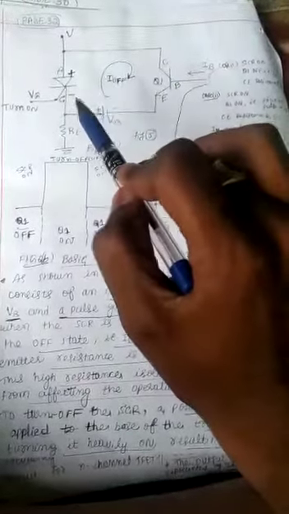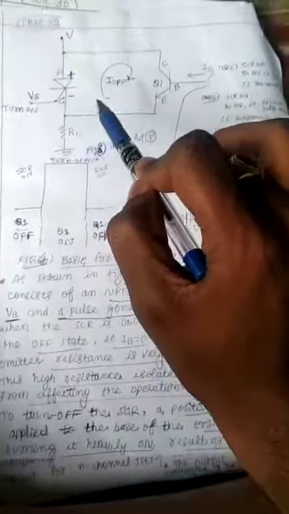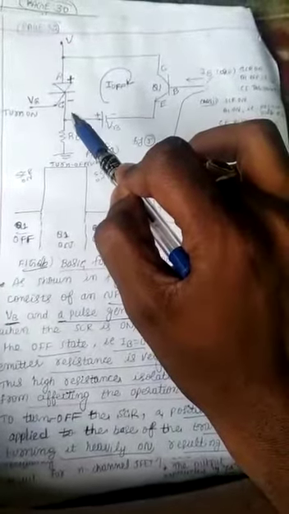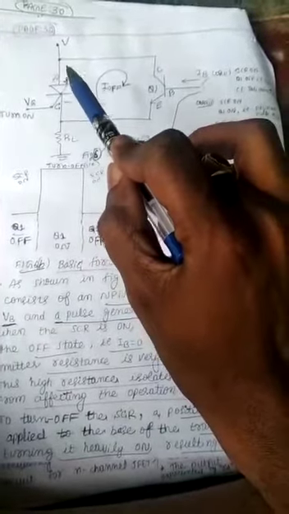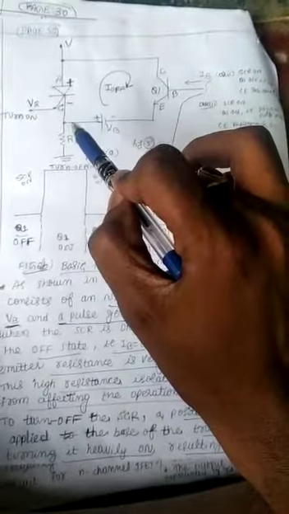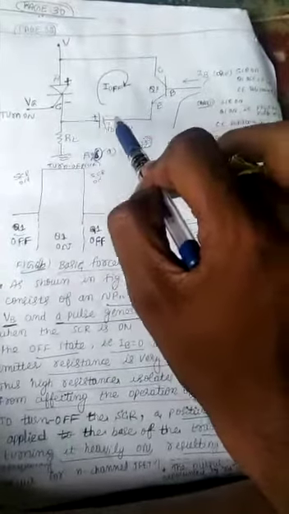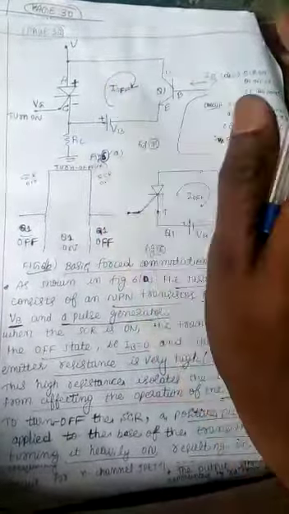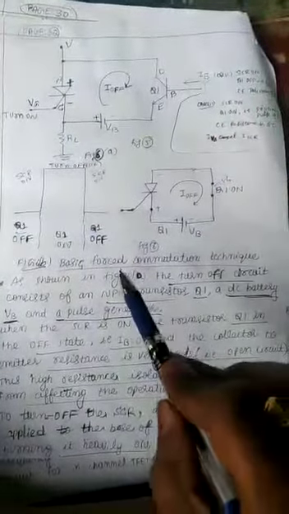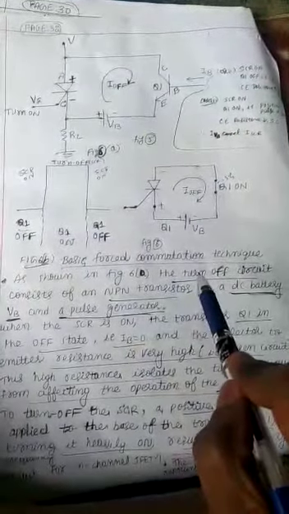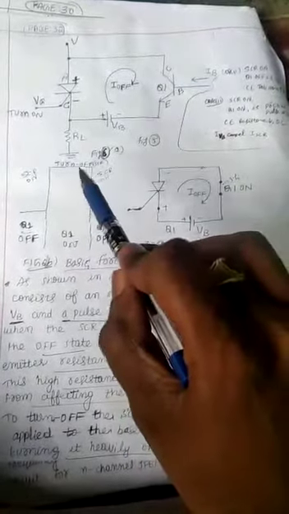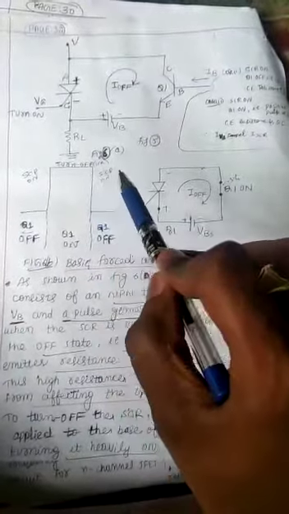Here the main idea is, in order to turn off an SCR, you have to pass one current opposite to the direction of the movement of current in an SCR. One of the currents is moving through the SCR in this direction, and one of the currents is moving in this direction. They are opposite to each other. That makes your SCR turn off. This is called forced commutation. When Q1 is on, your SCR will get turned off.